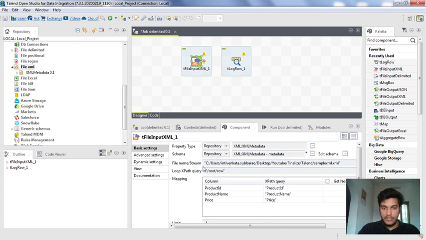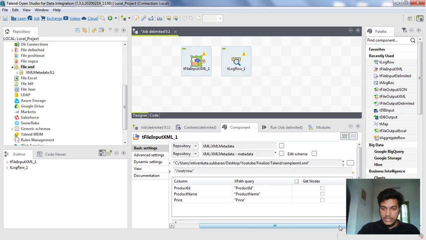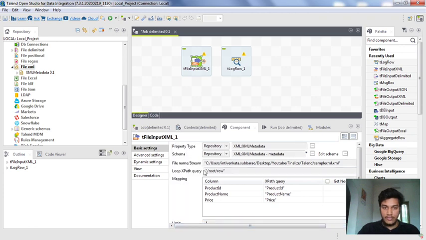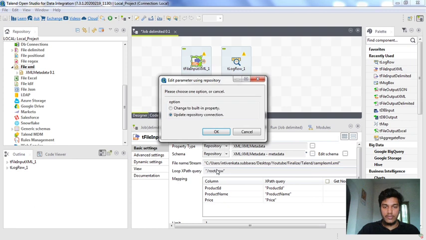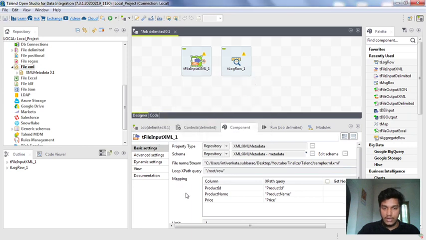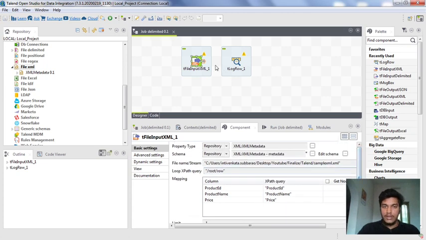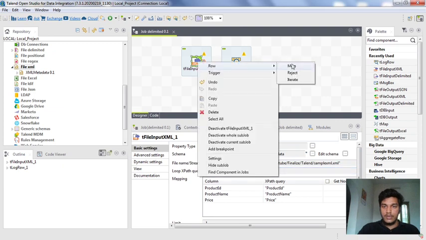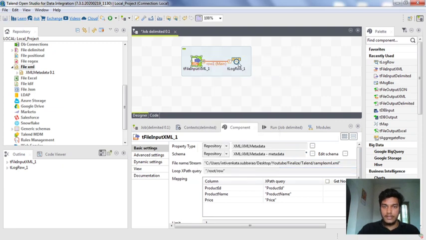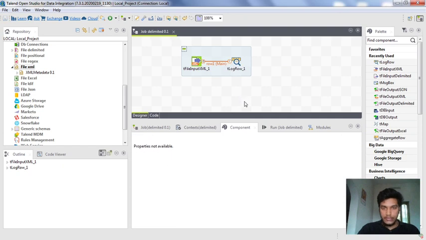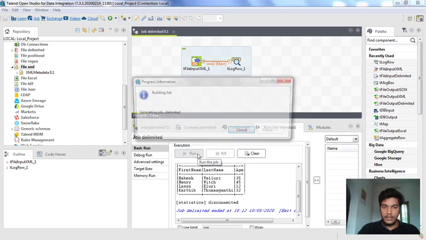So see, this is how it will take all the configurations needed for it. Previously we had to configure it manually, based on the file that we use, like /root/row and all, and mapping also we needed to do manually. Now the schema is also defined for this component, and now what I am doing is connecting this with the tLogRow component by the main row, and I am going to check whether it is working or not. I am clicking the run button here.